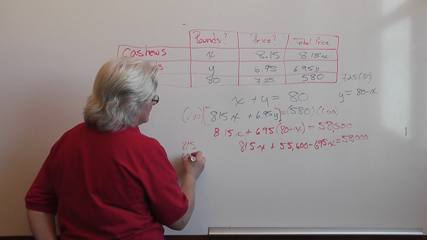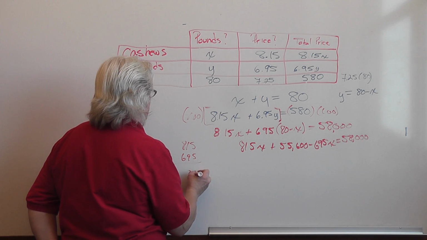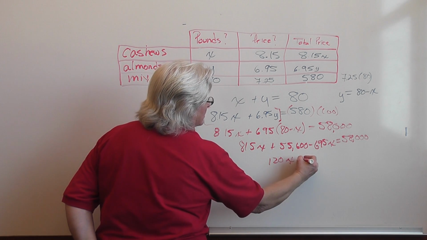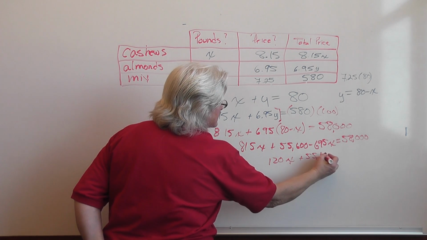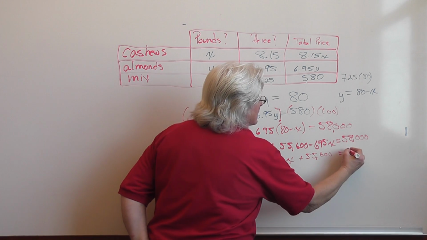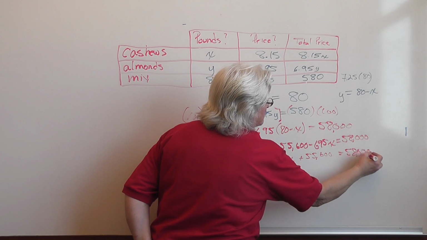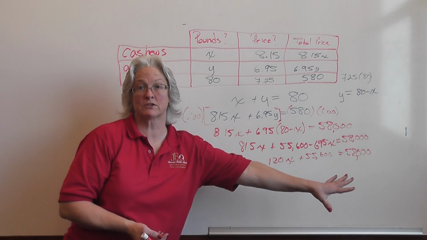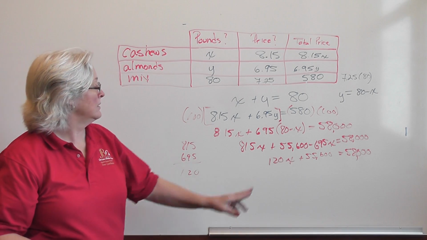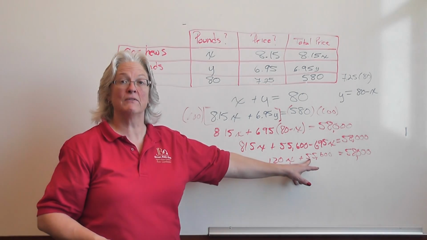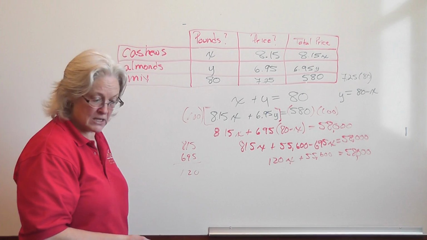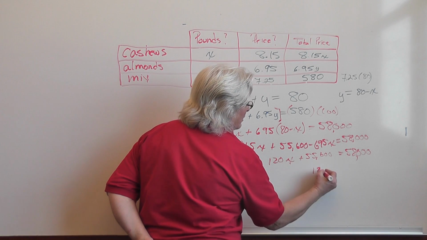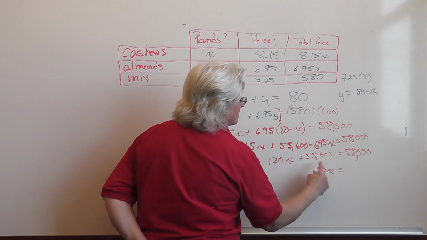Since I am hungry, I do not trust doing that in my head. So I have 120x plus 55,600 is equal to 58,000. This is taking lots of writing across here. I'm sorry my back is to you so much. We're going to subtract 55,600 from both sides of the equation and see what we have. We have 120x is equal to